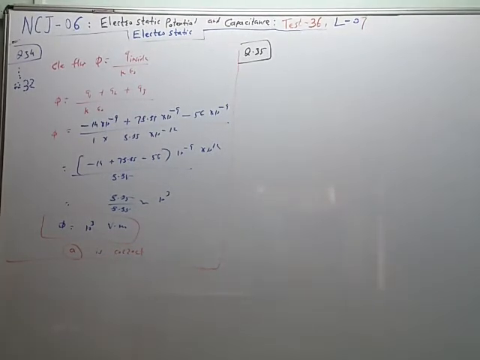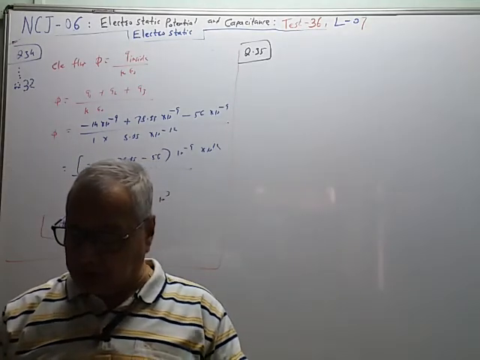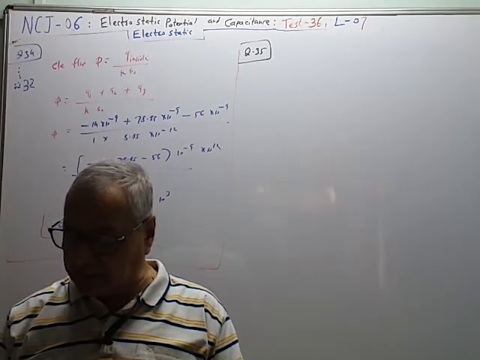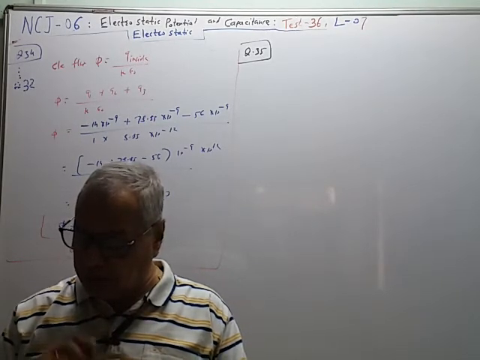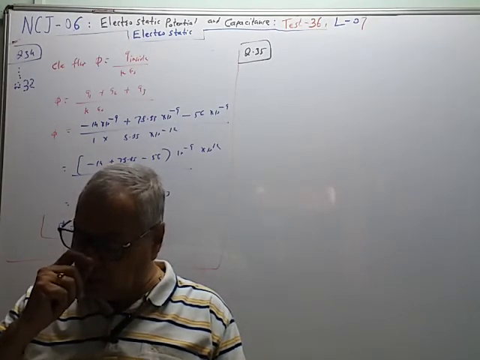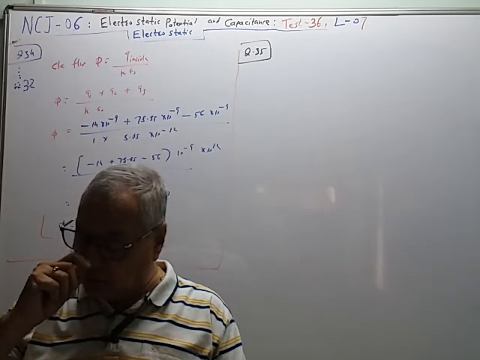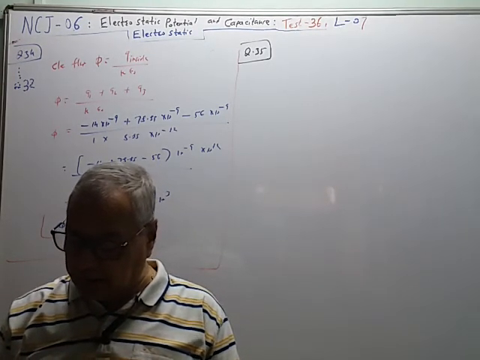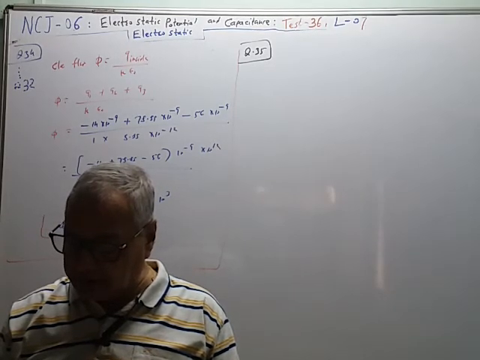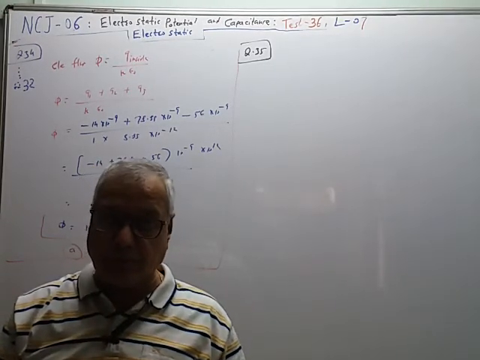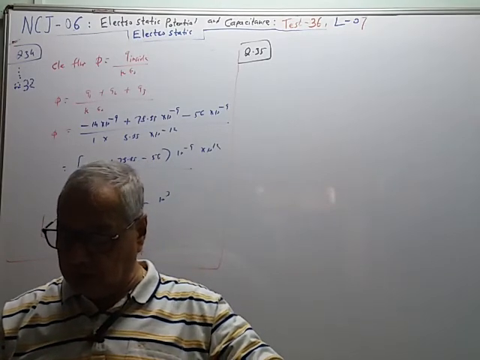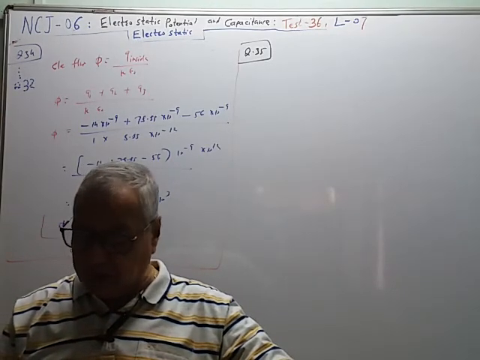Next question number 35. The electric potential V at any point x, y, z in space is given by V is equal to 4x square volt. The electric field at 1, 0, 2 meter in volt per meter is: 8 volt along negative x-axis, 8 volt along positive x-axis, 16 volt along negative x-axis, 16 volt along positive x-axis. तर व्हॅल्यू पण आपल्याला चेक करायची आणि डायरेक्शन पण. So what to find is the electric field.